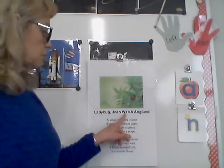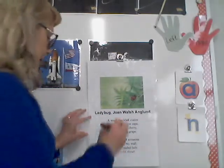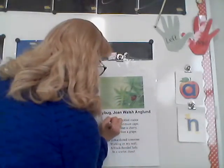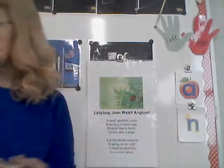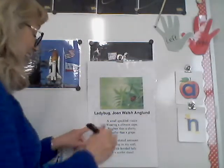Ladybug, Joan Walsh Anglin. A small, A is a sight word. Gosh, and this marker doesn't work. Yay. What is going on here? I wonder if Sparky used up all my markers during vacation. A